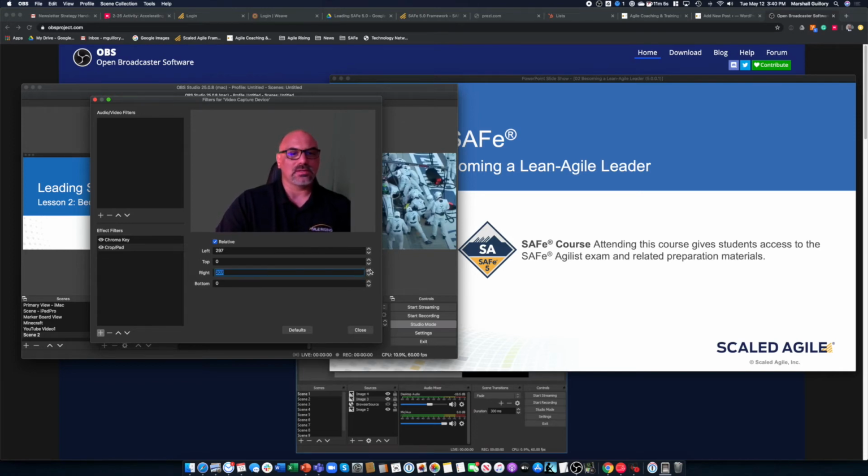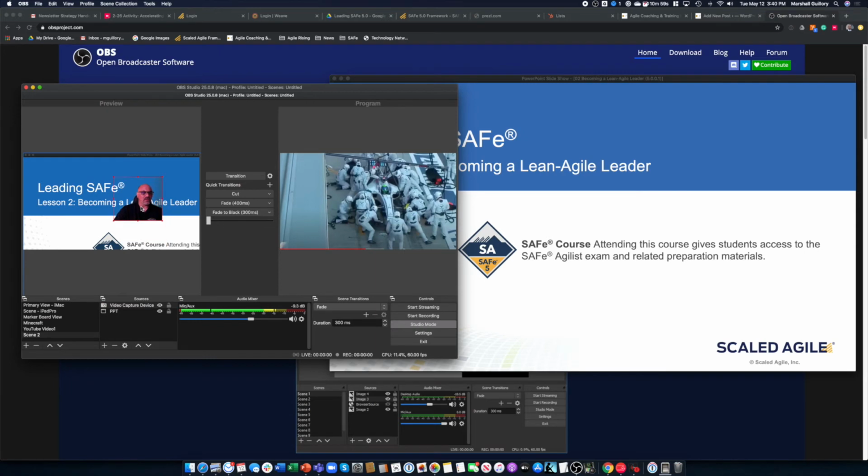So as you can see, we can adjust it back and forth until we get a frame that makes sense and close that. So now the chroma key is actually working, so my transparency can be overlaid over the slides, and I can put it into the corner. And I'm happy with that now, so I'll go ahead and lock that and then go over to the PowerPoint,